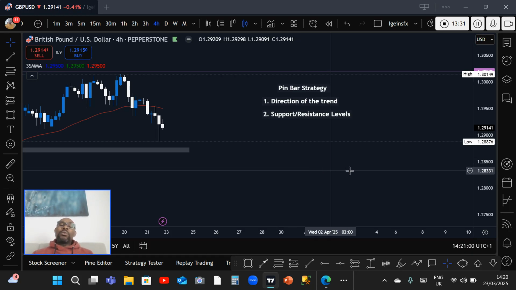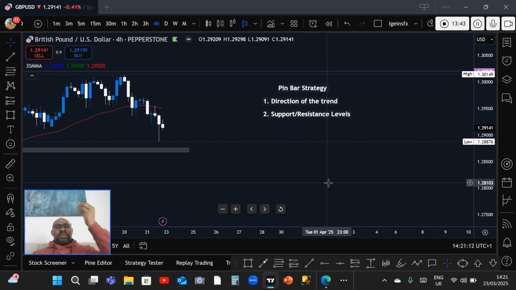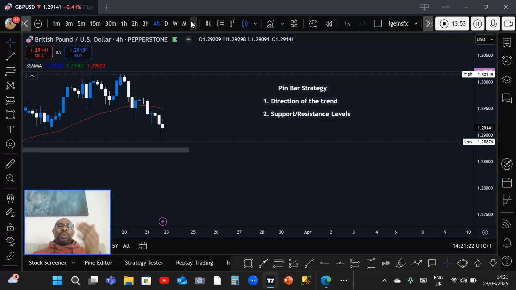So when you want to map out your support and resistance levels, please don't go below 4 hours. I recommend you map out your levels from the weekly, daily, and 4 hours,